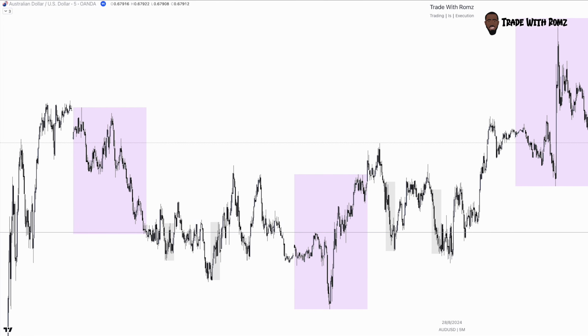So today I've got AUD USD. All right, and I've actually got, it's the same move, but two positions that I took on this trade. It's a good one. Let's get straight into it and let's see what happened. All right, let's go. What you can see here is, I'm gonna start marking up. So it's the 28th of August.